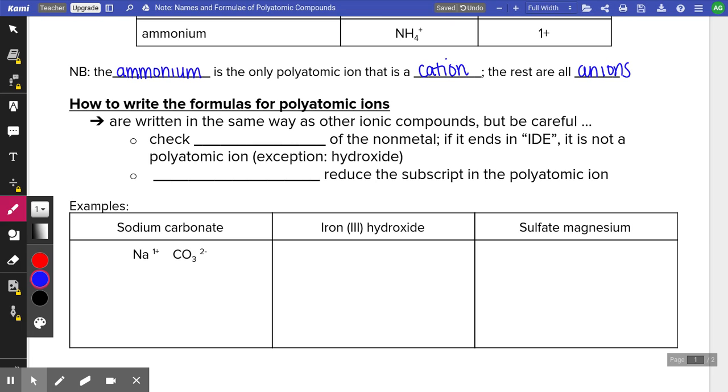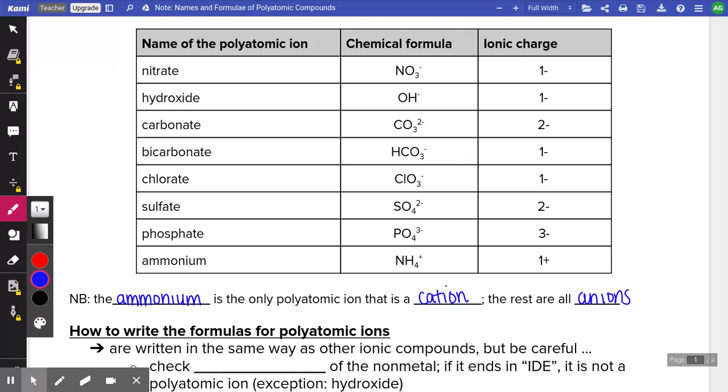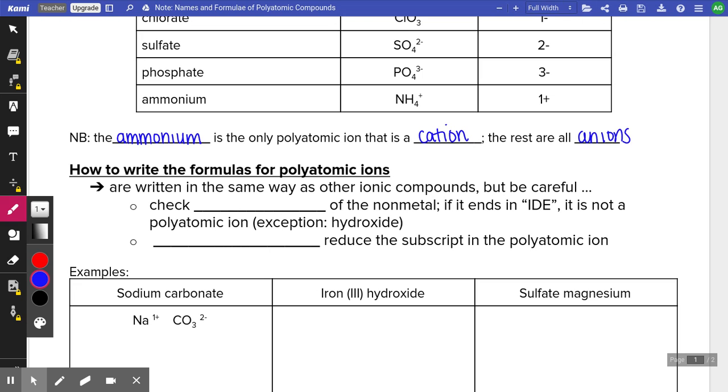They're written the same way as other ionic compounds, but you have to be careful to know whether you're dealing with a polyatomic ion or just a simple anion. For example, if we look at the table again, you have nitrate, which is a polyatomic ion and includes oxygen atoms, whereas nitride is simply nitrogen. So you want to make sure that you're checking the ending of your nonmetal. Especially if it ends in "ide,"